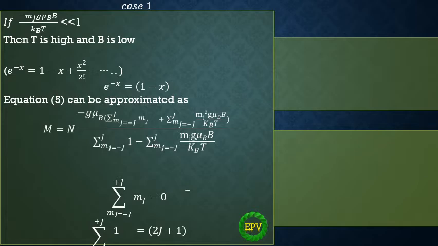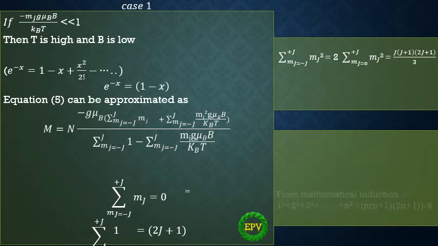How do we get 0? That is, minus J to plus J. Let us take an example. We take the value of J as 1. That is minus 1 plus 0 plus 1, which is equal to 0. Then the summation of mj is equal to 0. Now, the second one is the summation of 1, which is equal to 2J plus 1. How do we get this? mj can have 2J plus 1 values.